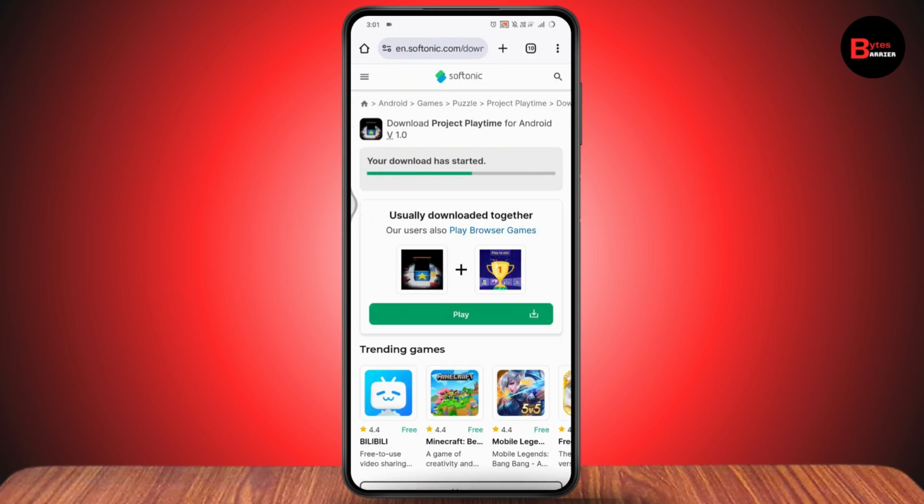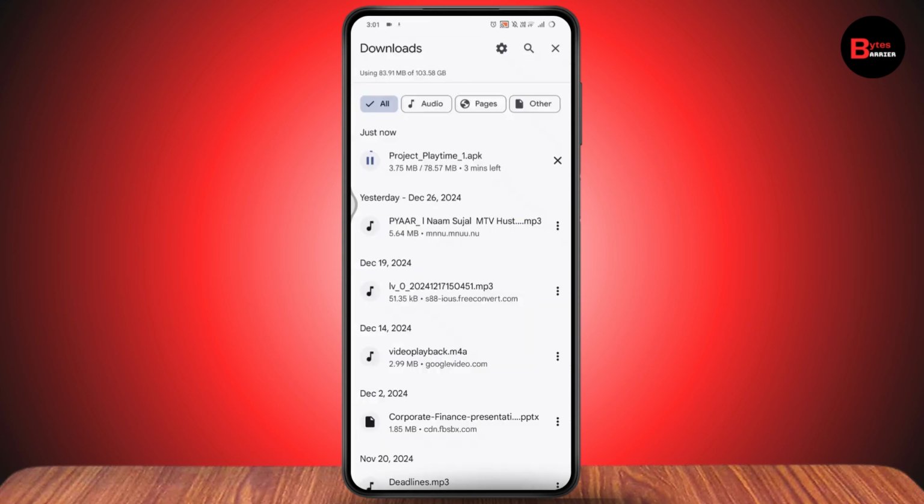So wait for a few seconds or a few minutes and it will start the downloading process. So in my case it says 3 minutes, and after downloading you can double tap on that and you can install the application. So that's how you can get Project Playtime on your mobile,